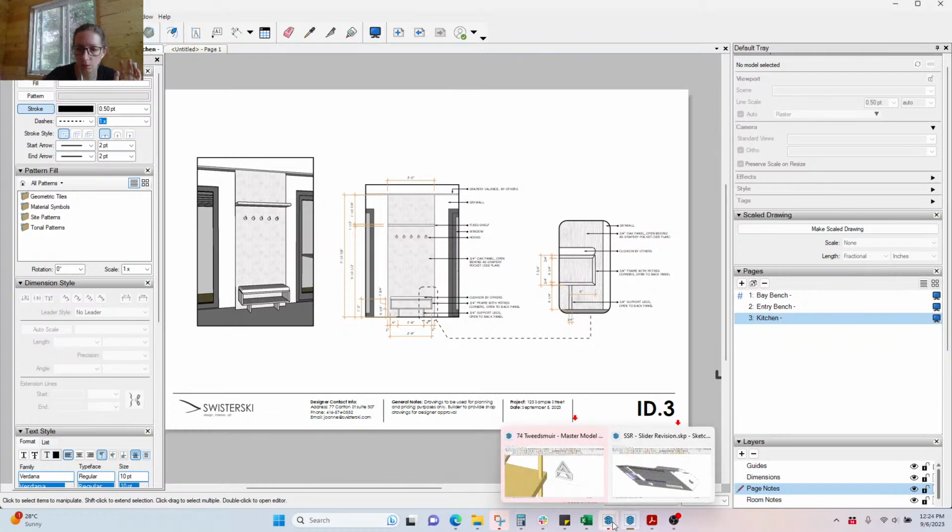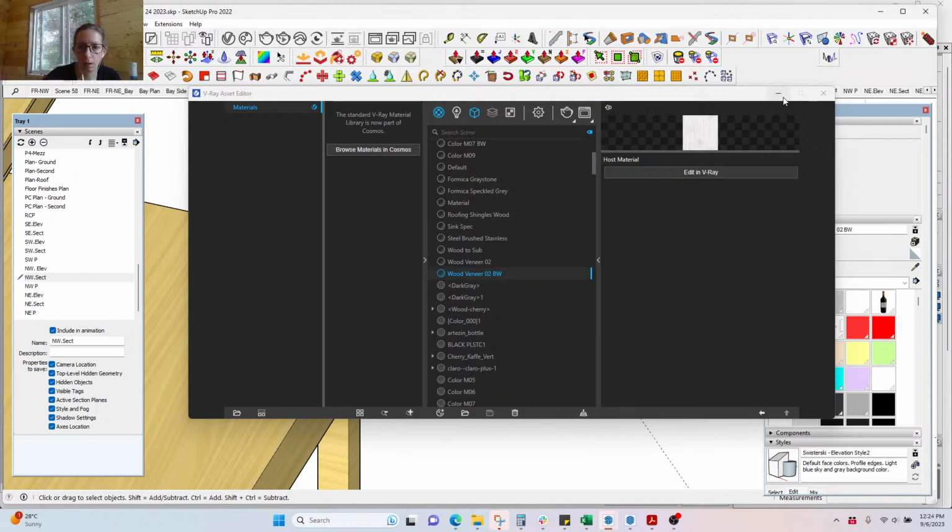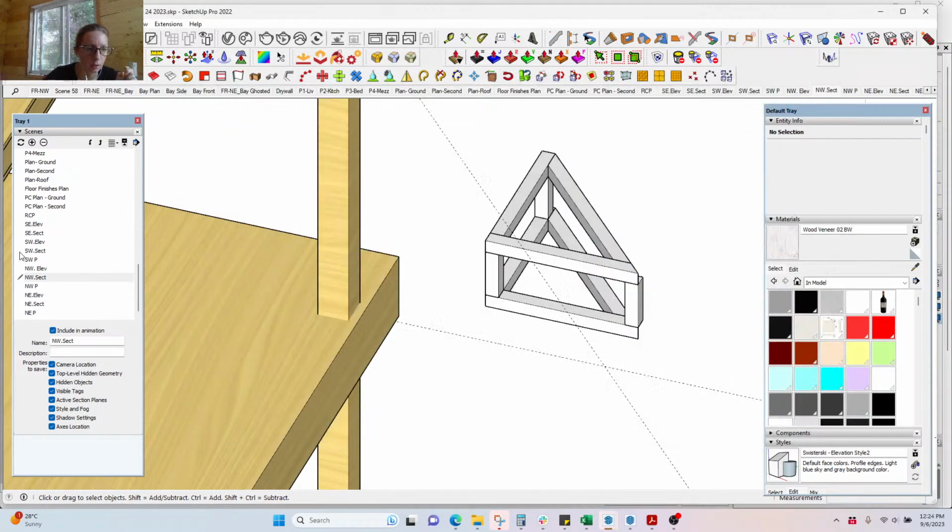So I'll show you the file that this is all coming from. I have a few viewports set up. This is a little different than the way I conventionally do it because we started this file some time ago and I didn't realize that I'd be using it for interior drawings. But anyway,